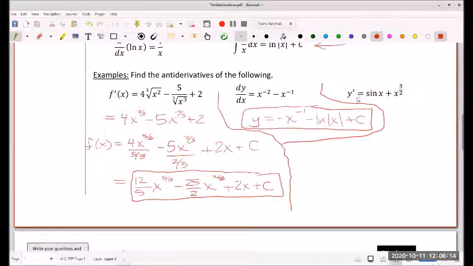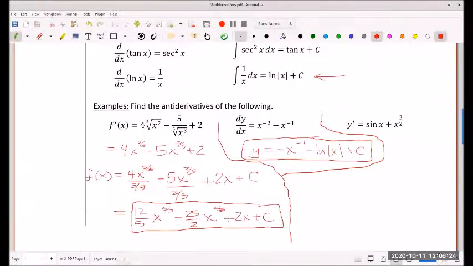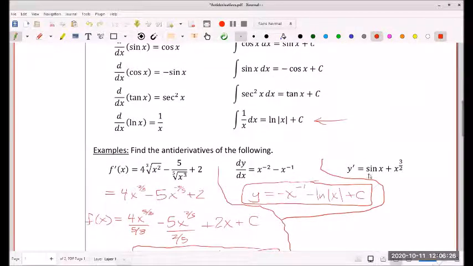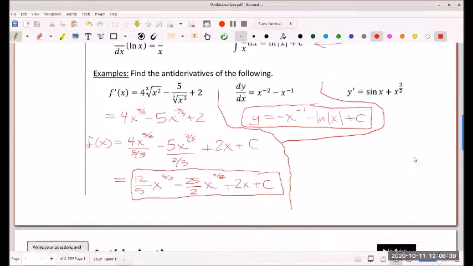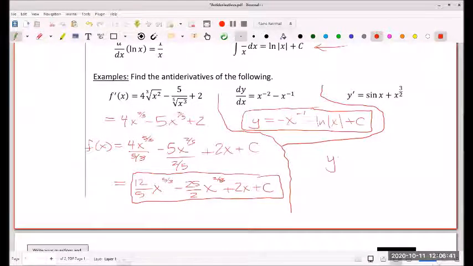Okay, for this last problem, again, we have y prime, so we want to find y. Right, we want to find, again, the function y that has this y prime as its derivative. Now, what we need to do is, we know the derivative of sine is cosine, but what is the antiderivative of sine? Well, the antiderivative, or the integral of sine, is negative cosine. So the y here becomes negative cosine of x,